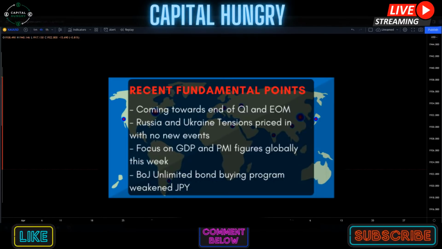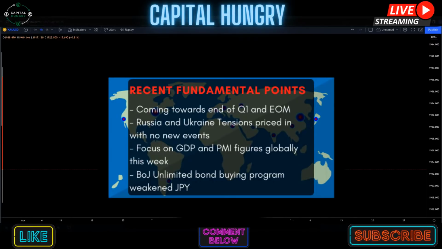Same thing with a lot of the interest rate decisions by various central banks, such as the Bank of England and the Federal Reserve. The 25 basis point rate hikes have been priced in, and they're doing literally minimal to actually bring down inflation. So we're seeing the stock market continue to chug away on the greed train as a lot of the fear, uncertainty, and doubt with Russia tensions have been priced in, interest rate decisions have been priced in, dips have been bought up on the equity markets, continuing to extend that greed train wealth, and as we're having those equity markets continue to squeeze that upside to close off the quarter.